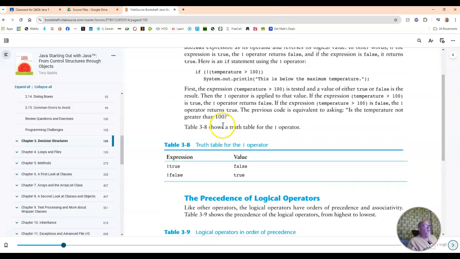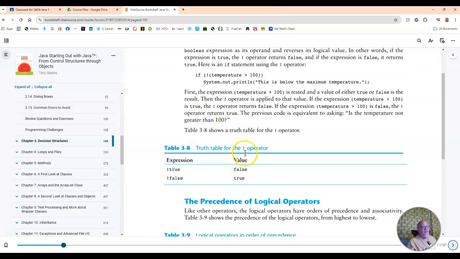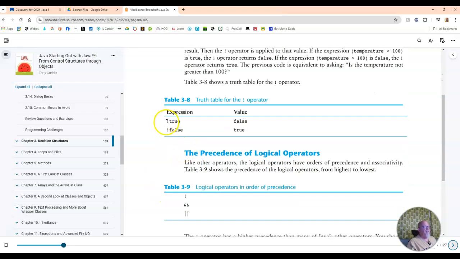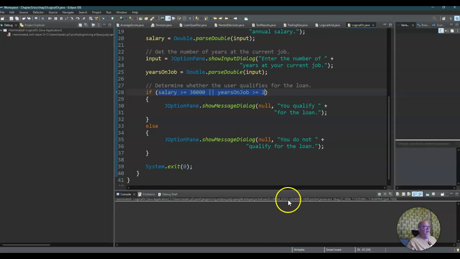We do have the exclamation point. That's the not operator. And so if I have something that's not true, then it's false. If I have something that's not false, then it's true. So I could do something like this. I could say, if salary is not